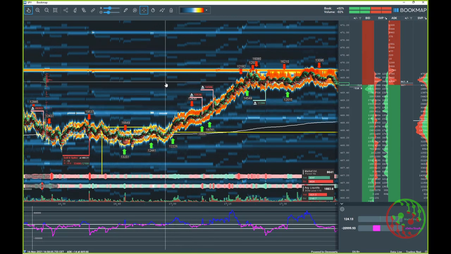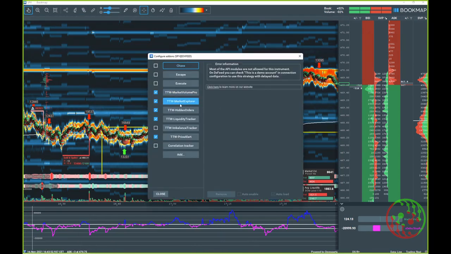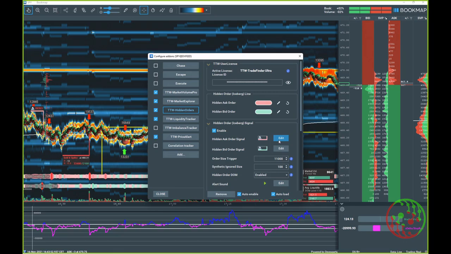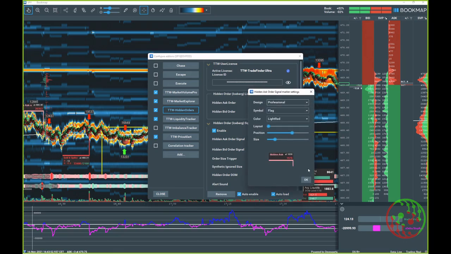You see, this is the SPY. And what you see here, this is quite interesting to see that maybe I'm filtering a little bit too low here. You see synthetic icebergs. Let me add this one here. Synthetic icebergs on